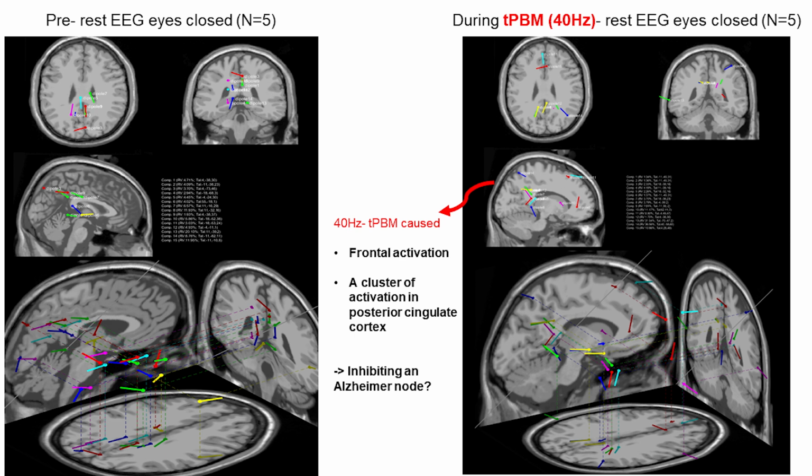The posterior cingulate cortex is identified. Those who are familiar with Alzheimer's disease pathophysiology know it's one of the main regions. It's said to be where Alzheimer's disease originates from. Some say it's the posterior cingulate cortex, some say it's the entorhinal cortex. But anyway,